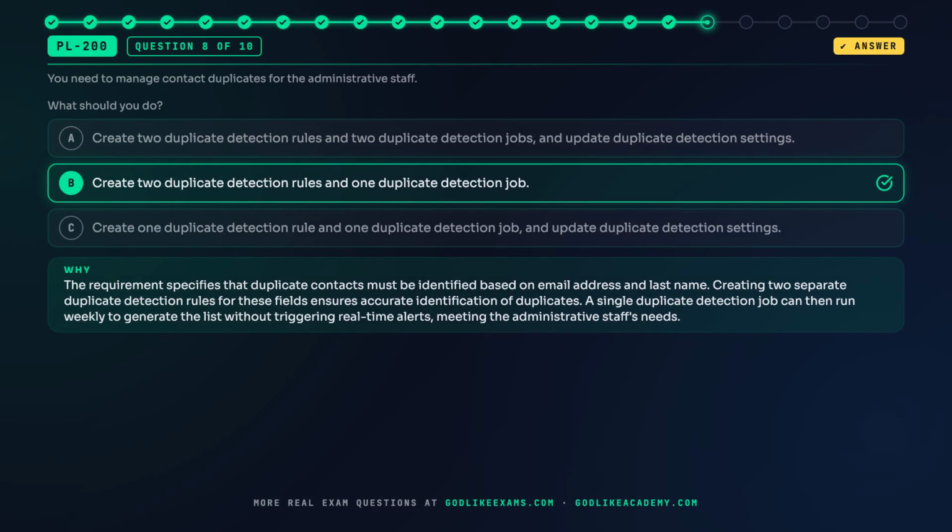The correct answer is B, create 2 duplicate detection rules and 1 duplicate detection job. The requirement specifies that duplicate contacts must be identified based on email address and last name. Creating 2 separate duplicate detection rules for these fields ensures accurate identification of duplicates. A single duplicate detection job can then run weekly to generate the list without triggering real-time alerts, meeting the administrative